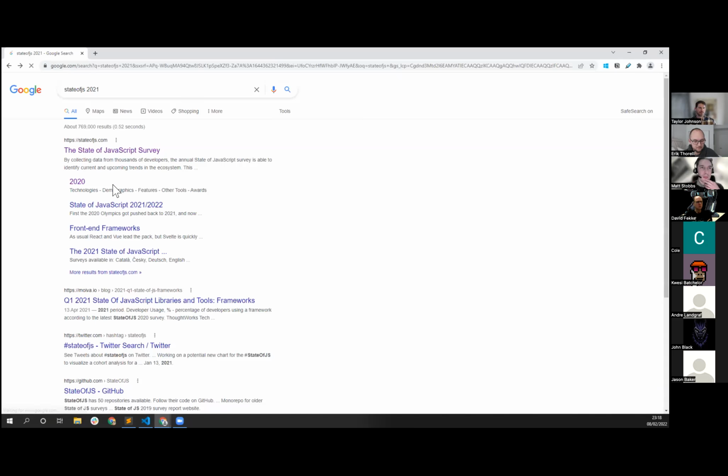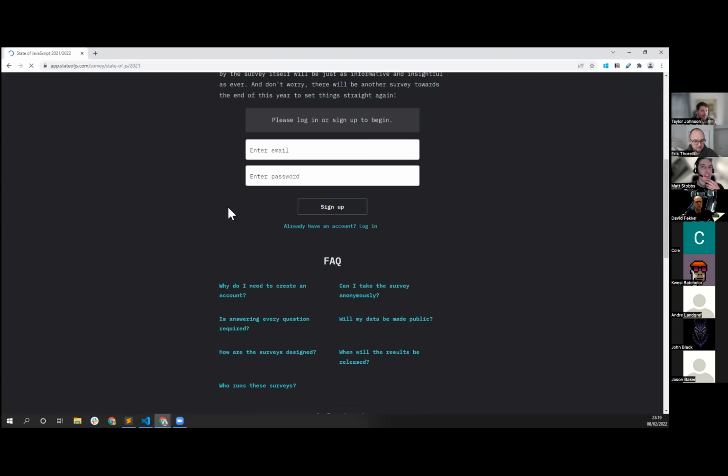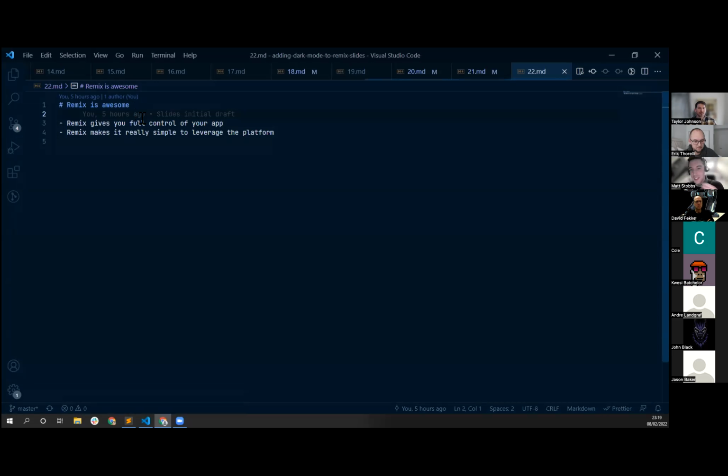Anyway, this one. In the latest State of JS, Svelte has a higher satisfaction rate than React. And I think that's just because not as many people use Svelte, but the community that do use it